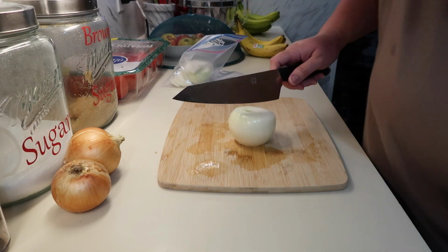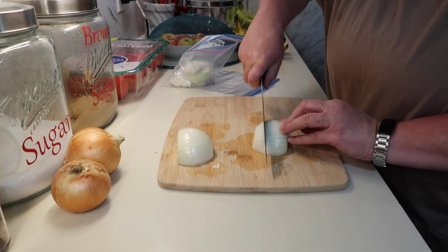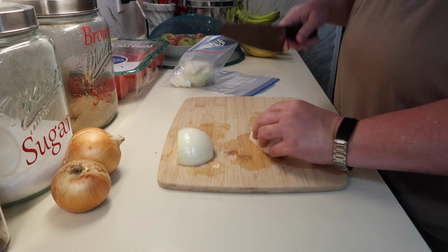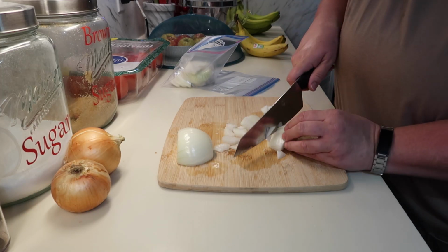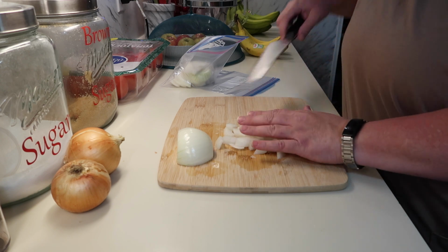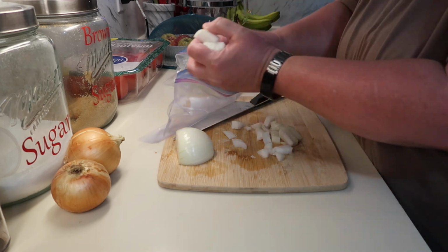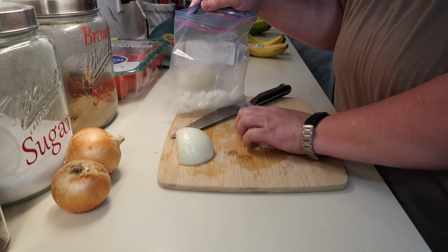Alright, so with this one, I'm just going to dice it up like that and stick it into another little bag. And whenever I want to use this, I'll just take it out and